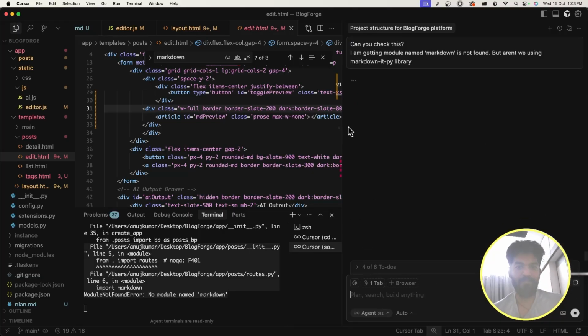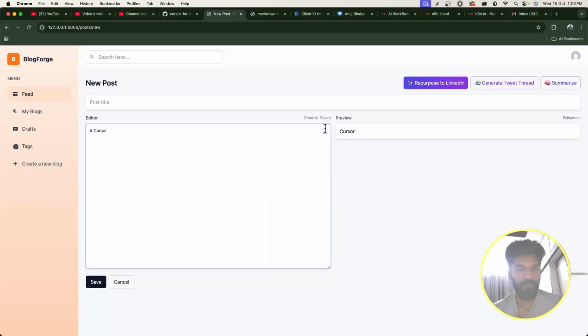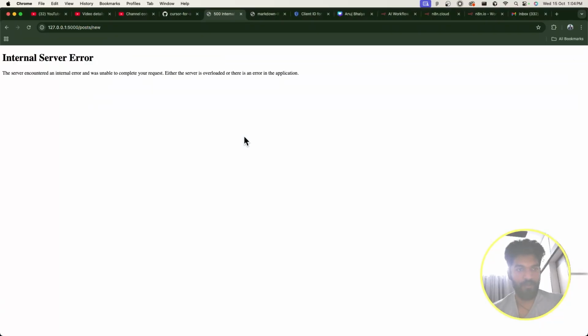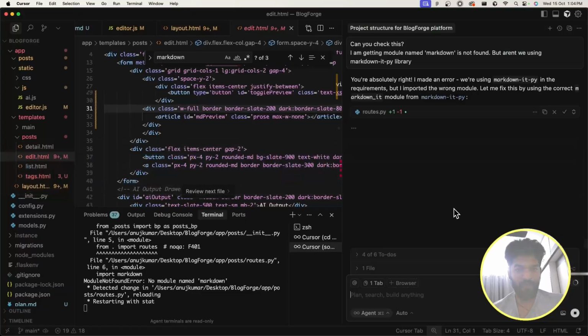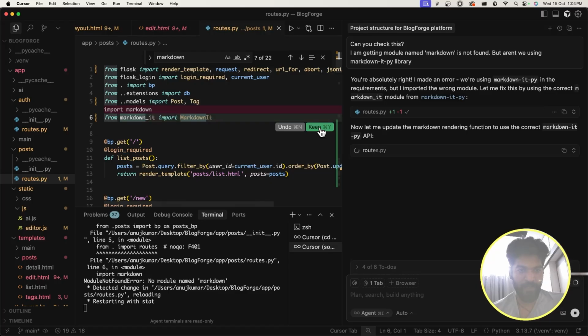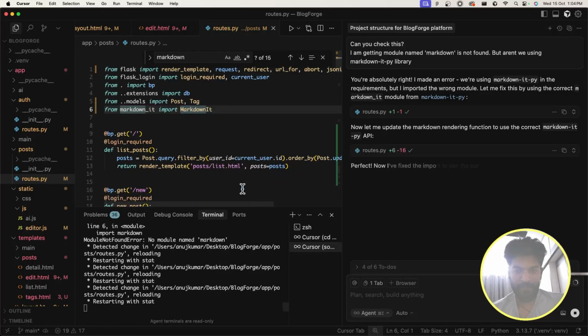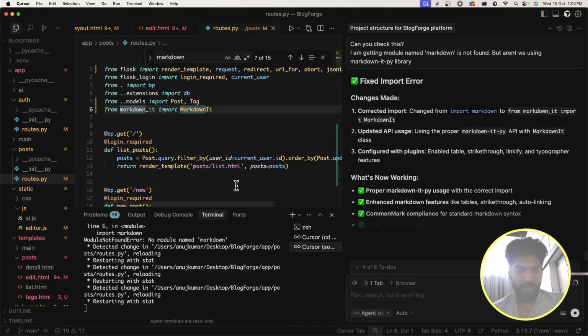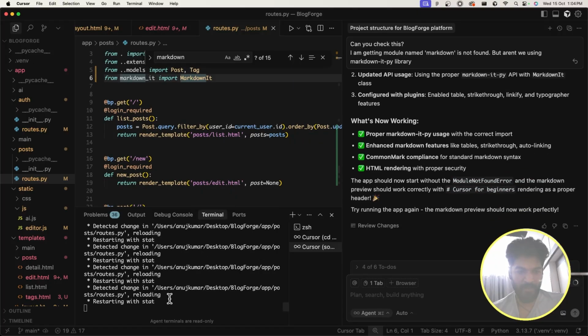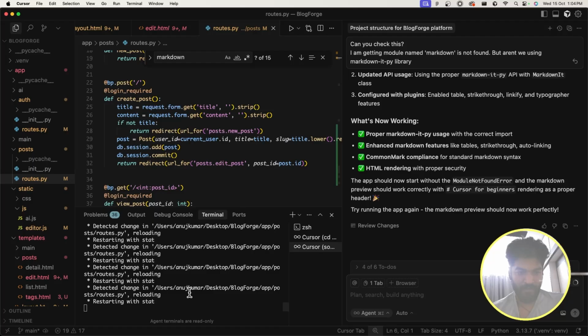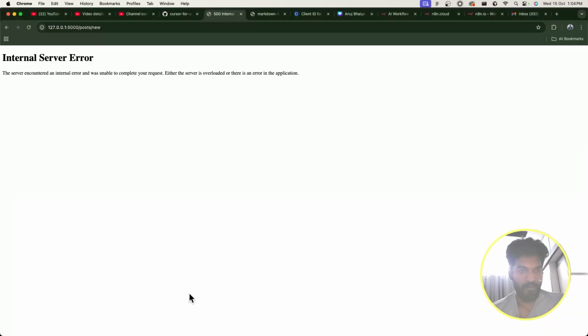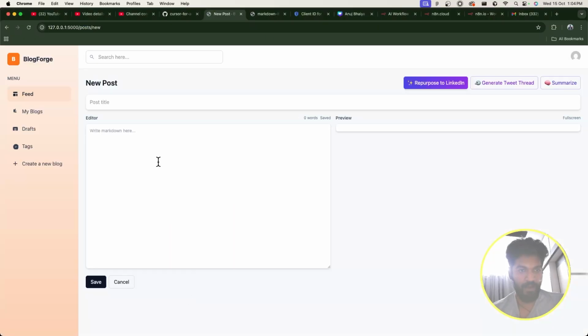So let's see, and maybe we can go and refresh our stuff, and we have a huge error, but yeah, let's see. So we can go to the next file. We can just say keep, right? So this is how it's fixing now. We can say keep, and it has made the changes and is saying things are working fine probably. So I'm going to go back and refresh now, and this time